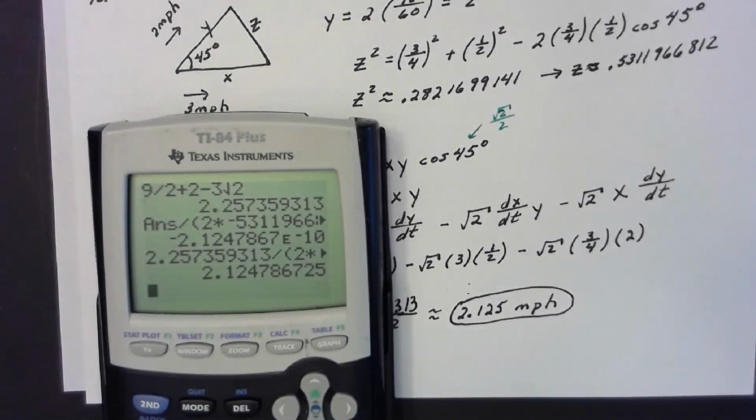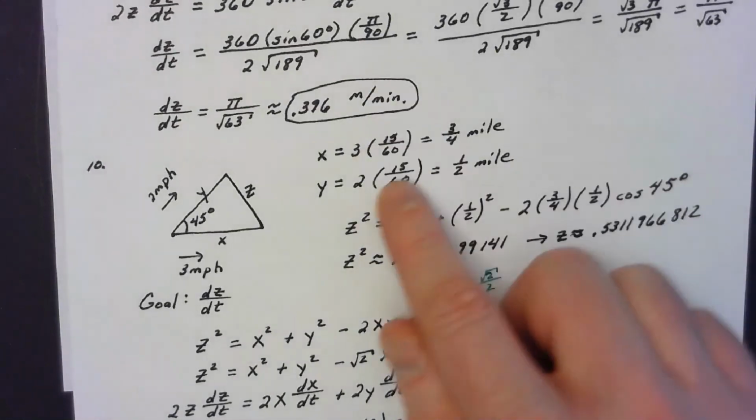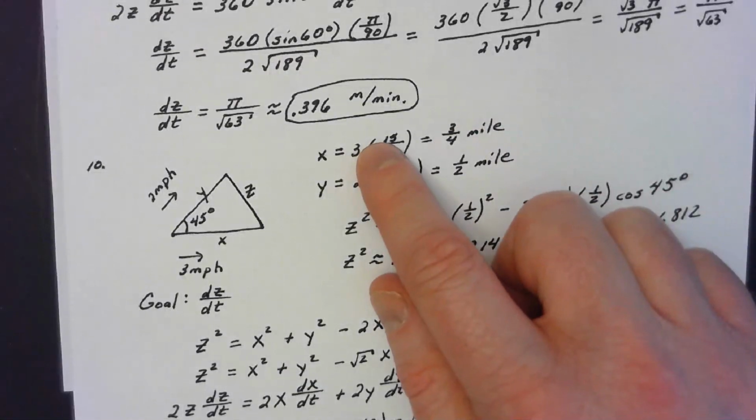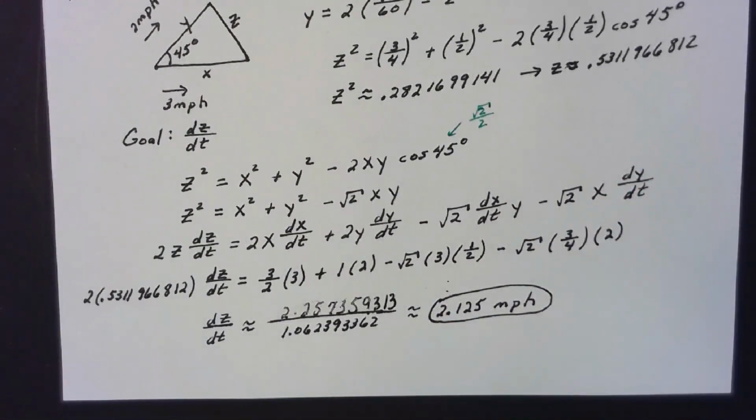What if I want to know 16 minutes, 17 minutes, 18 minutes? You'd have to go back into your problem all over again and change all of your variables, because that's going to change the distance of x and y, however many minutes have elapsed, and it will change the overall problem. But we can say at the instant of 15 minutes at least, we know that this rate is 2.125